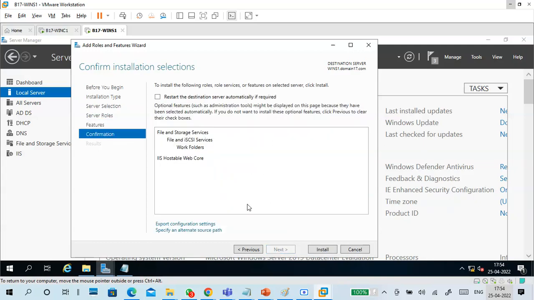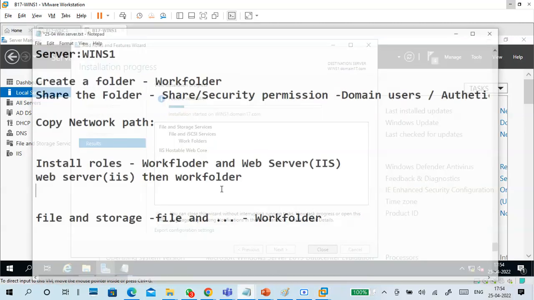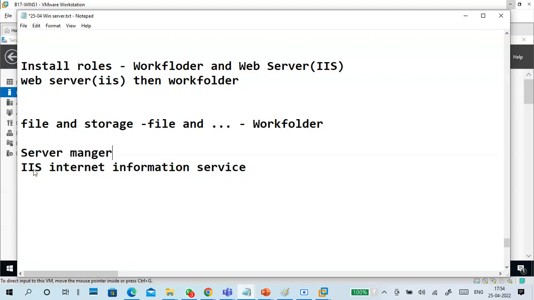So feature confirm. Okay, you can directly install work folder also, but better is this one. Okay, so I'm installing work folder. Next, you have to go to IIS, means Internet Information Service. Okay, so you have to go to this one. From where? Server manager,